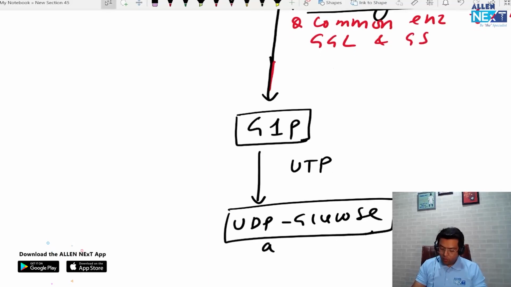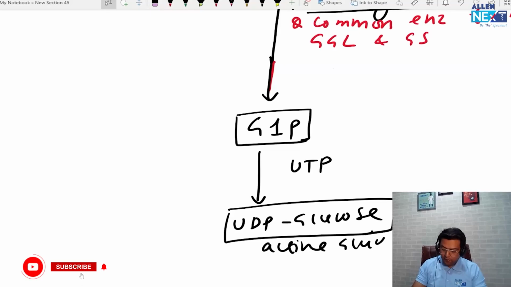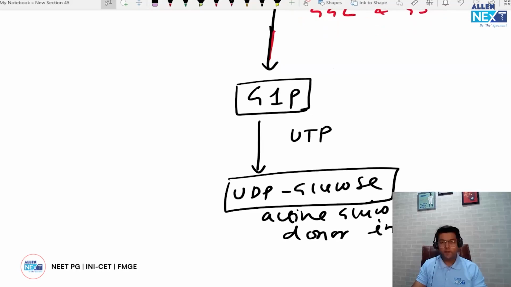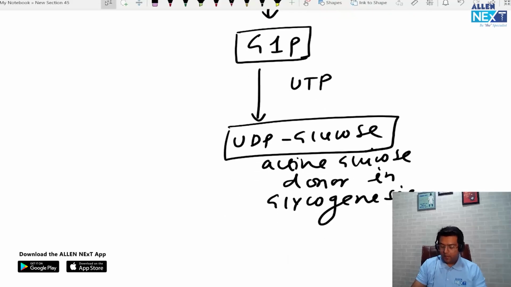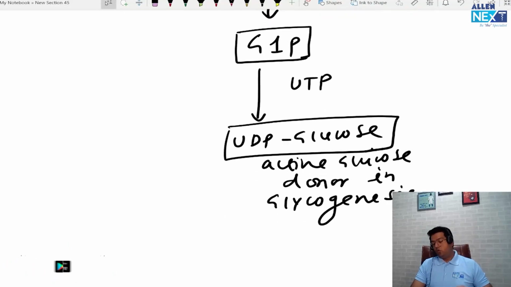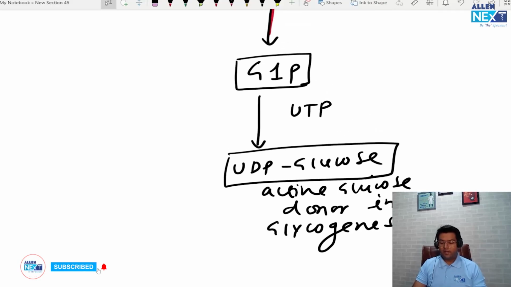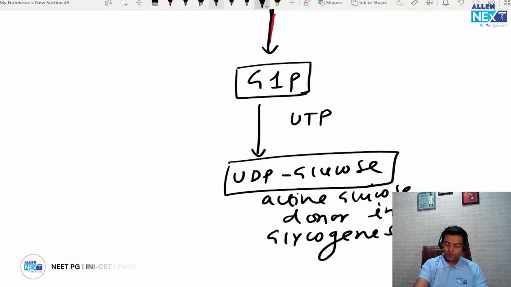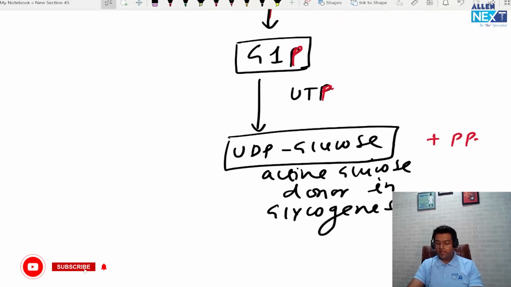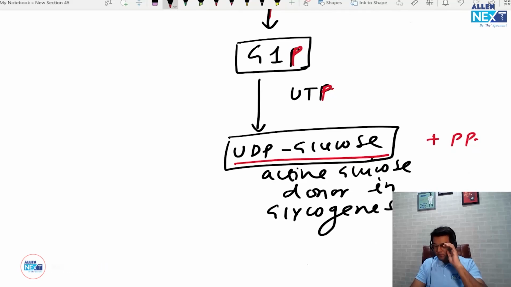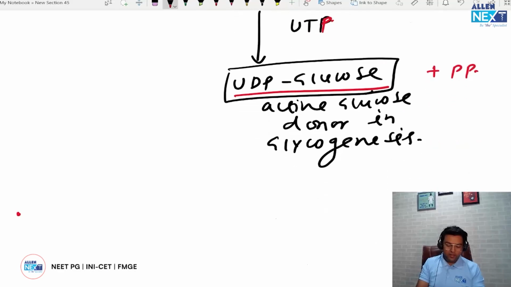So guys, this UDP glucose is the active glucose donor, the active glucose donor in the process of glycogen synthesis, glycogenesis. Right, so this is the active glucose donor, UDP glucose. I have just added the UTP, uridine triphosphate, and I got the UDP glucose. So actually the pyrophosphate will be released, this phosphate and one more phosphate from UTP. So guys, that is fine. Basically I just wanted to make UDP glucose. What else do I need? So in short,